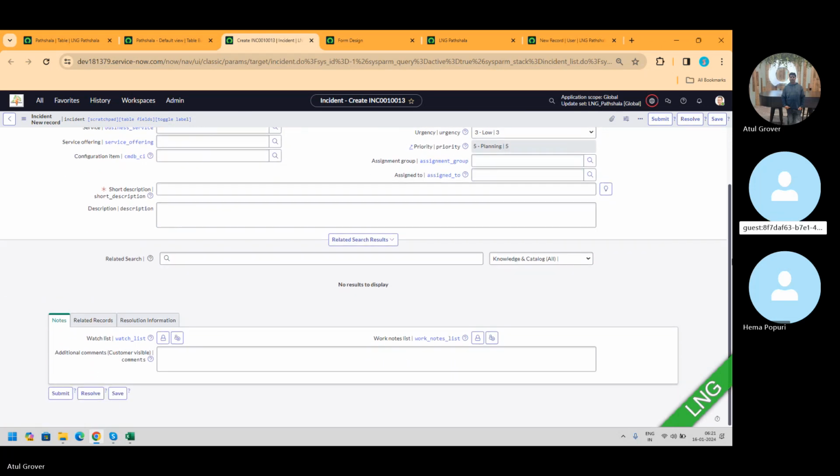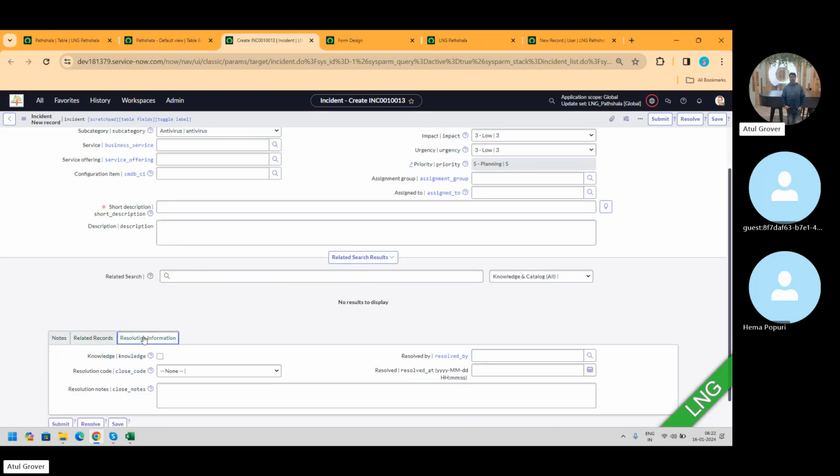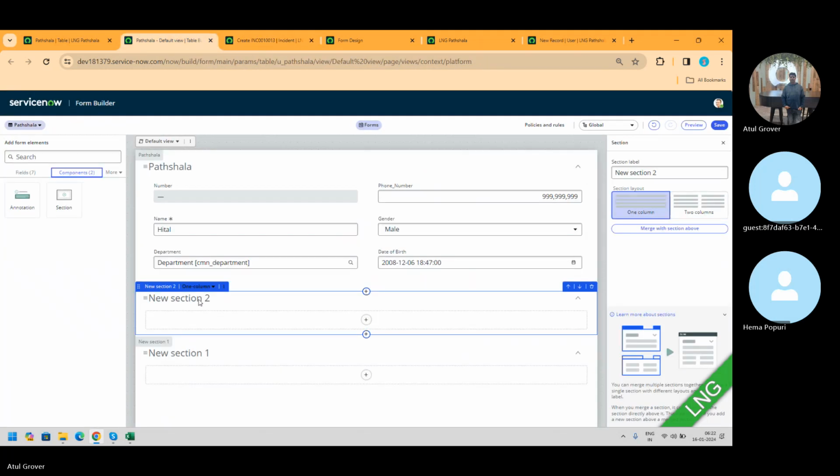Second part is this. I'm skipping this part; it will be discussed somewhere in the incident management. These things are called sections. Did you see this part? Section 1, section 2, section 3. Sections mean I want to get information for a particular purpose. Like,